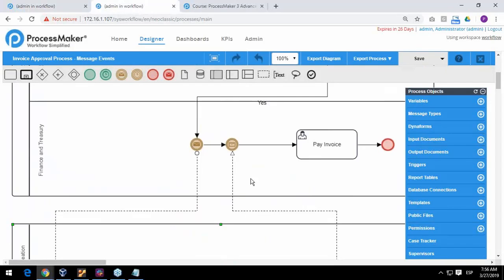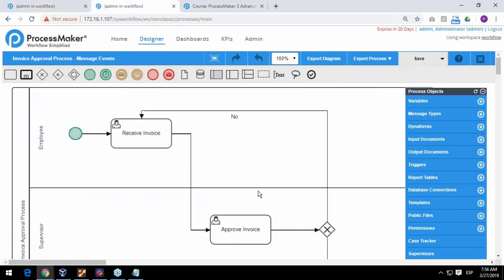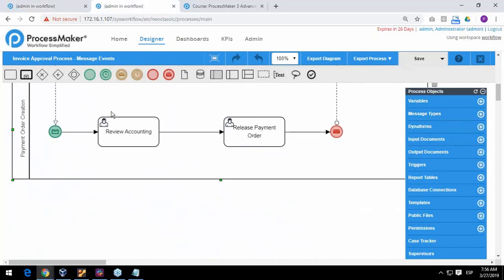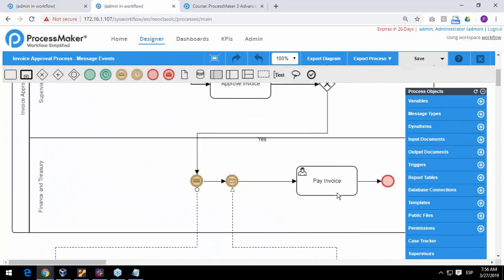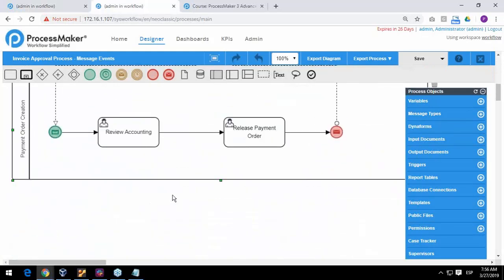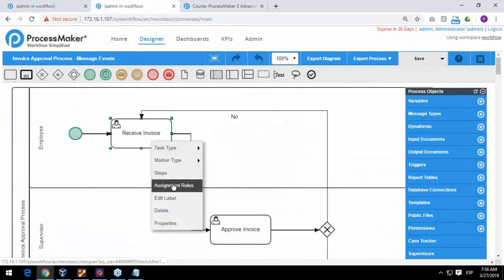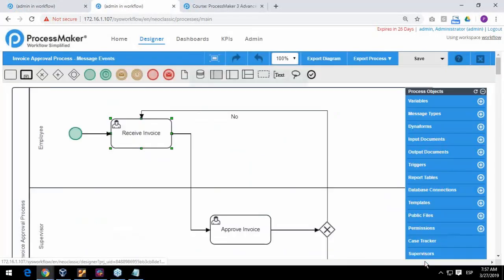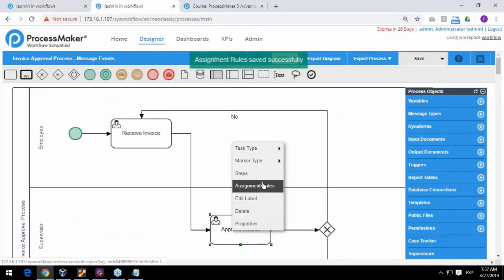I want to introduce you to this concept. I want to introduce you to all of this: the invoice approval process, message event. Now, how it works. First of all, I'm going to assign the roles as admin for all of these tasks. I'm going to assign admin here,